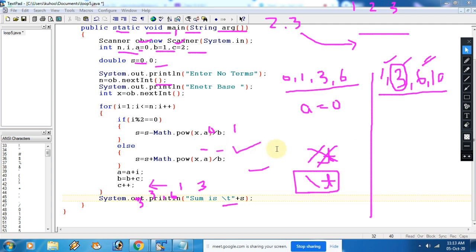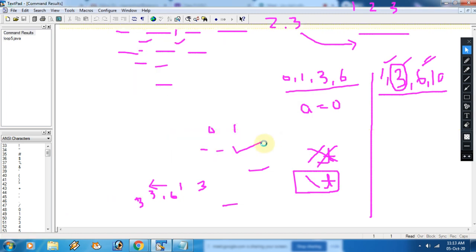Okay, so now let me execute this program. I am going to compile this. By that time you can do the dry run for the sum. If you are doing the sum for the first 2 terms or first 1 term, or first 3 terms, you need to work it out in the notebook. Okay, so it's still compiling. Just give me some time, beta.